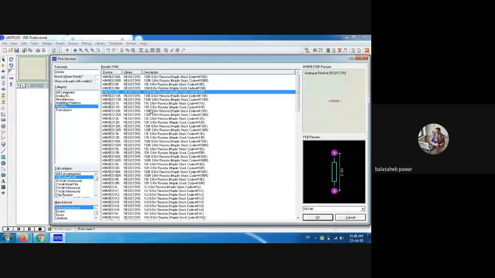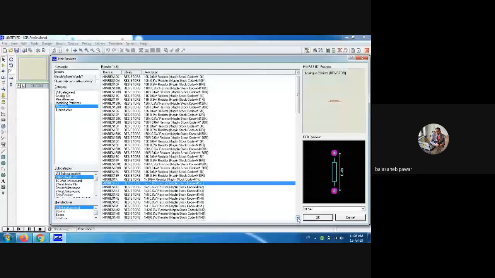Now, one thing I have to highlight over here, see here it is written as 1K1. So remember that 1K1 stands for 1.1 kilo ohm. It will not be written as 1.1K in this library. Generally, we say the resistor is of 1.1 kilo ohm, but in the library it is written as 1K1. If you have a notebook and pen, just write down that 1K1 stands for 1.1 kilo ohm. Similarly, you will observe another one that is 1K2, that means 1.2K, 1.3K, 1.5K, etc.